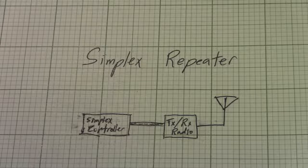and then he would have to respond. I was a little hesitant to record this video because I've never actually used a simplex repeater. It's a little bit ridiculous, and it's something that has been most popular with the comm prepper types, and so it's kind of a squirrely system that you wouldn't see in a serious commercial deployment,